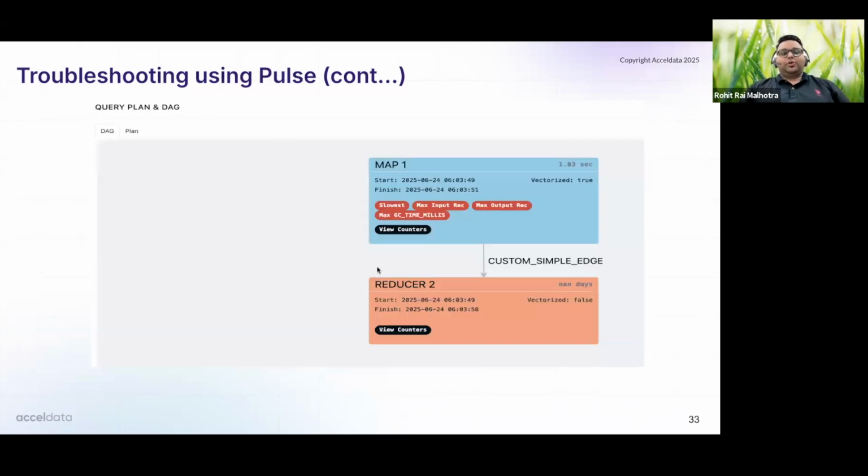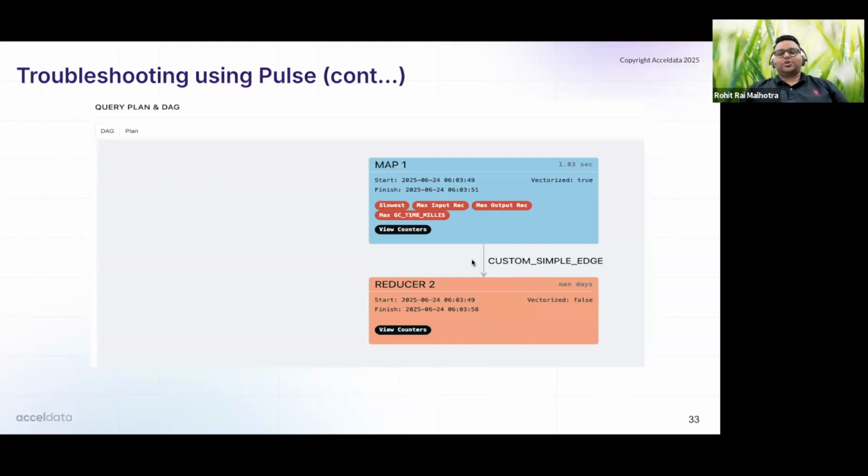You can also view the query execution plan. It's a visualized plan that you can view from Pulse rather than using explain query output, which will give you a subjective output of the query execution plan. You need to be experienced on how to analyze that output. But if you are a novice, or if you want to have a visual representation of the query, this is useful. This is a simple query. That is why you have a simple execution plan. But in case of a complex query, this